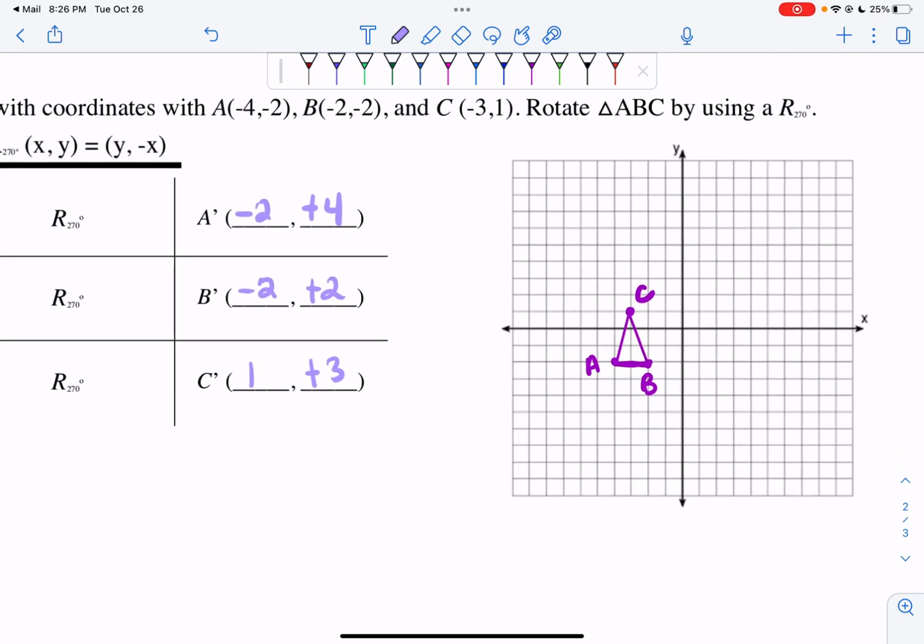So now I plot these points, so I plot -2, 4, so 1, 2, 1, 2, 3, 4, and that's A prime. I now plot -2, 2,